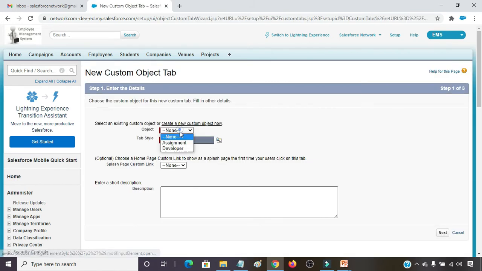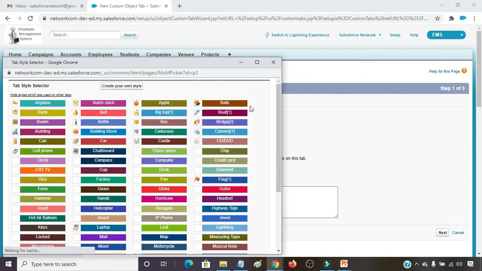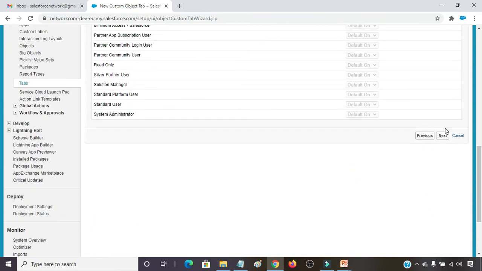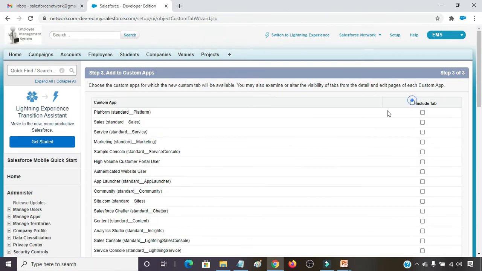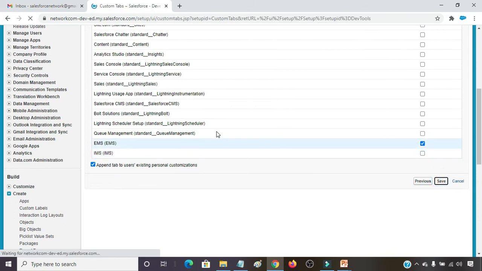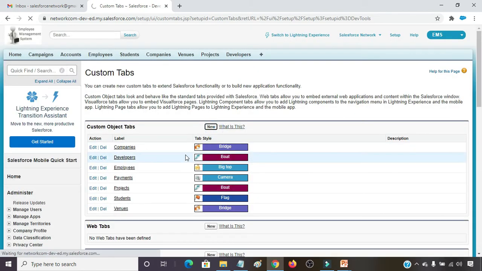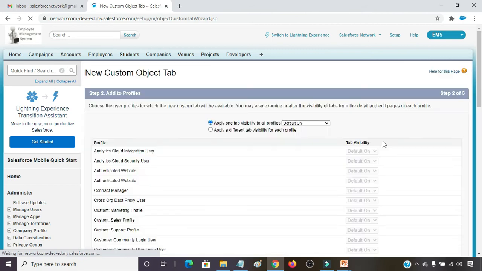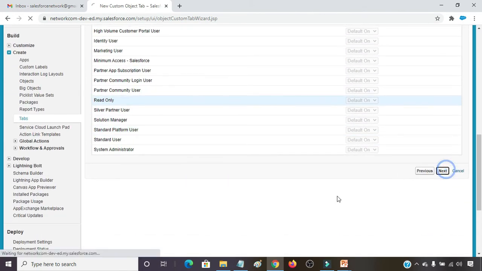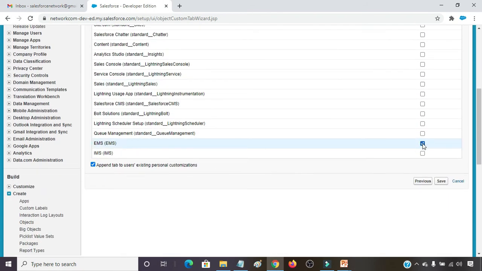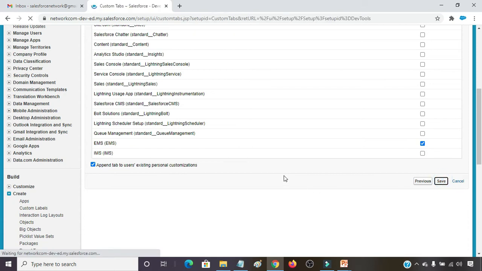Next one, developer, choosing a style, clicking on next button, default on, okay, next, going with employee management system, okay, save. And the last object is assignment. Choose assignment, go for one style, click on next button, default on, okay, next, go with employee management system, click on save button.